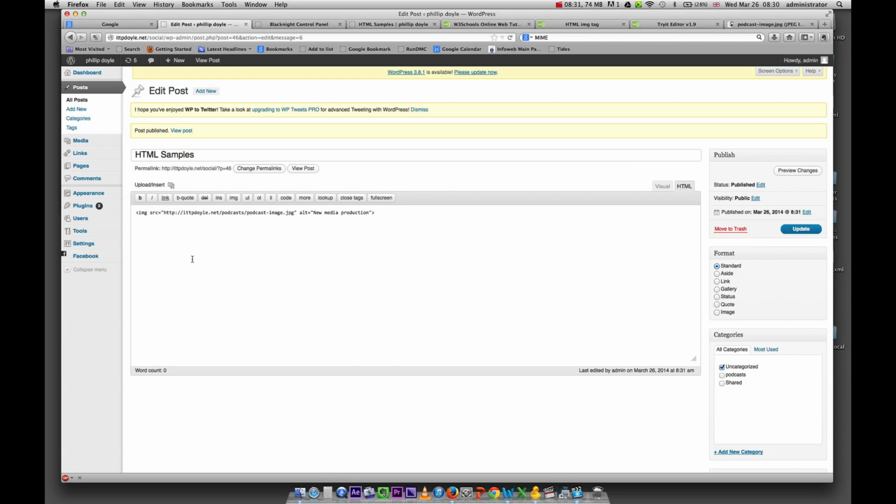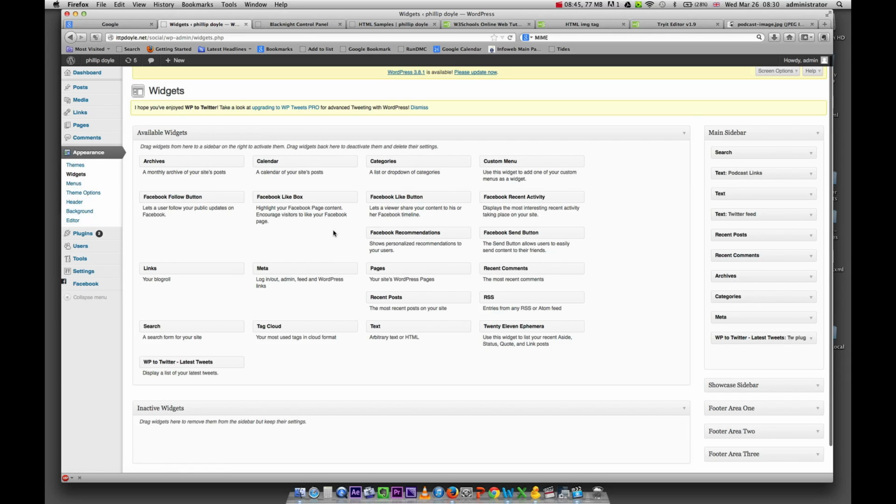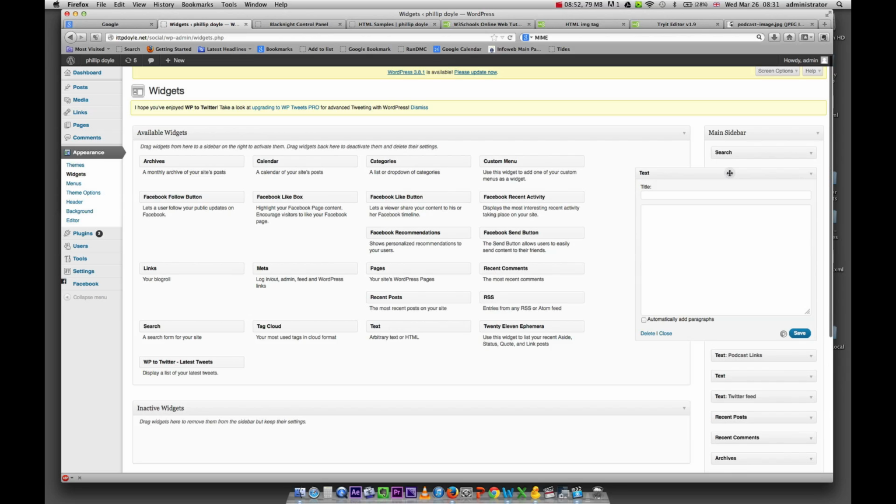Now, the last step here is I'm going to take this a step further, and I'm going to copy this code. I'm going to go into my appearance section, into widgets, and I'm going to create a new text widget. So I'll just find the text widget, here it is. I'm going to pop it up there, right under my search bar, and I'm going to paste that code in there. So now image source, it's the exact same code. All it's doing is embedding an image from this location. Click save,